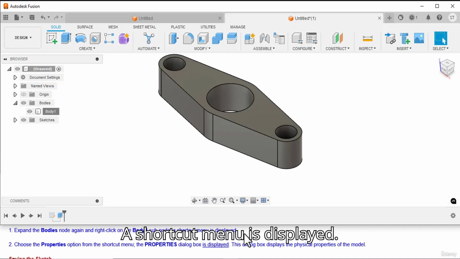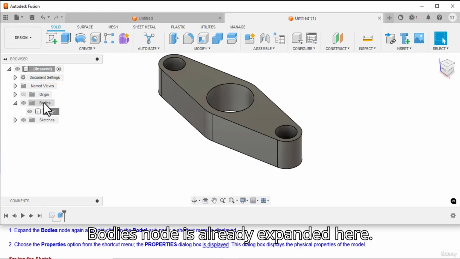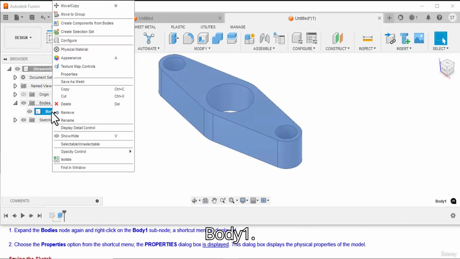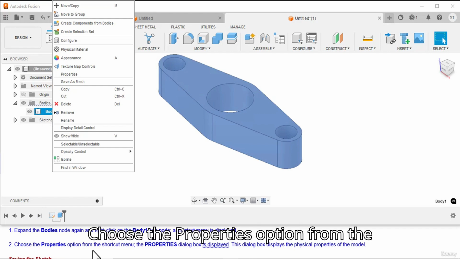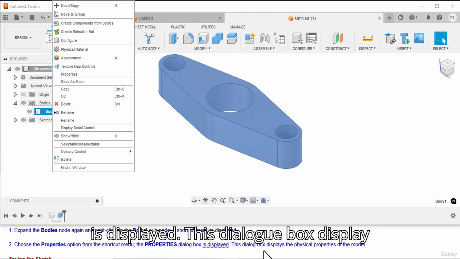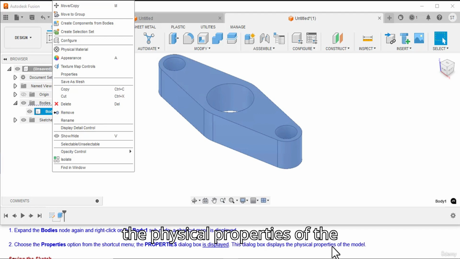A shortcut menu is displayed. The bodies node is already expanded here, so just right click on the body 1. Choose the properties option from the shortcut menu. The properties dialog box is displayed. This dialog box displays the physical properties of the model.